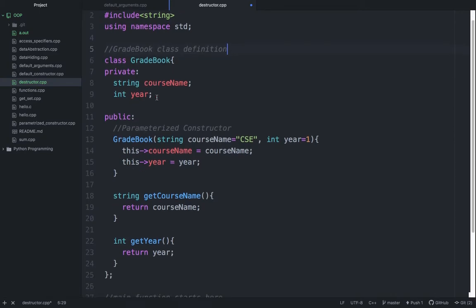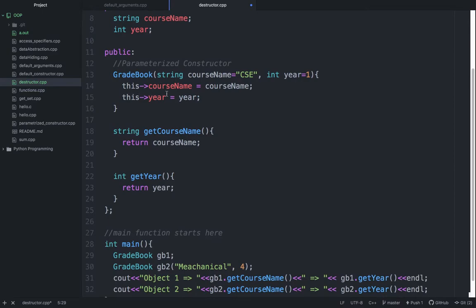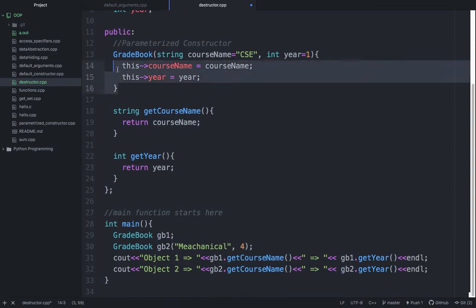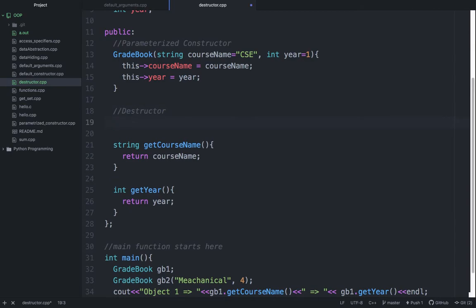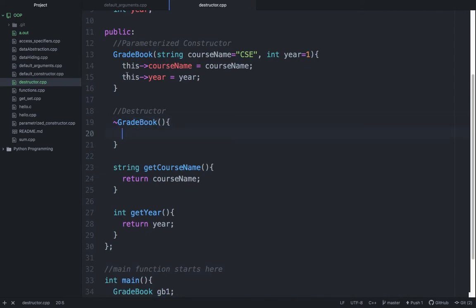Here we have a class gradebook and this is the constructor. So what I will do, I will create a destructor here. For that you have to use the tilde sign first and then the name of this class. Here one thing that you have to note down is you can't provide any return type, not even void, and neither can you pass any argument to it like you have passed a value in the constructor,